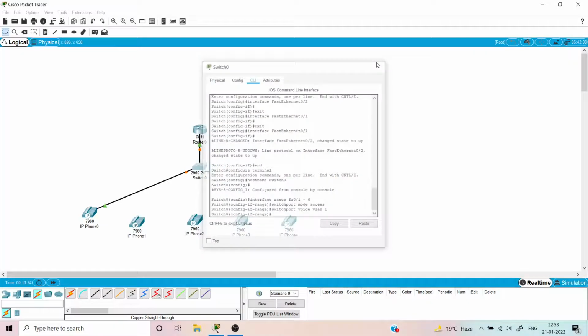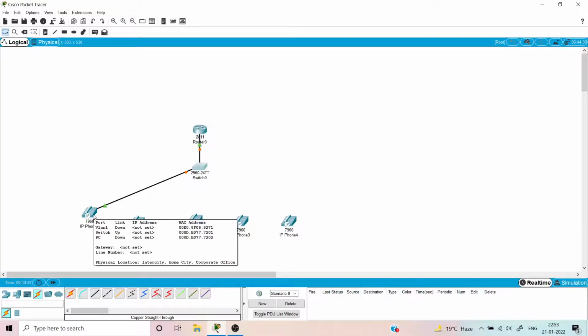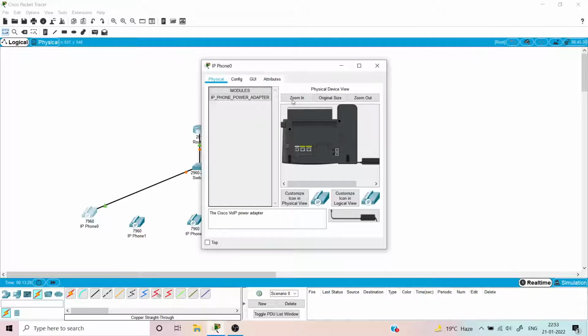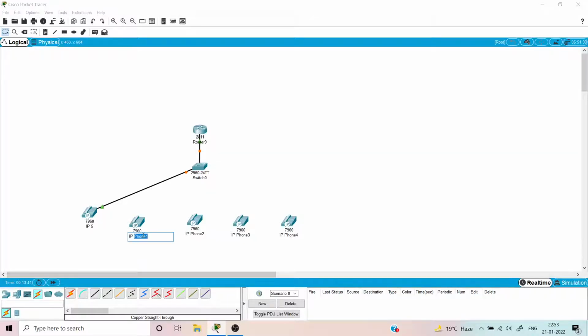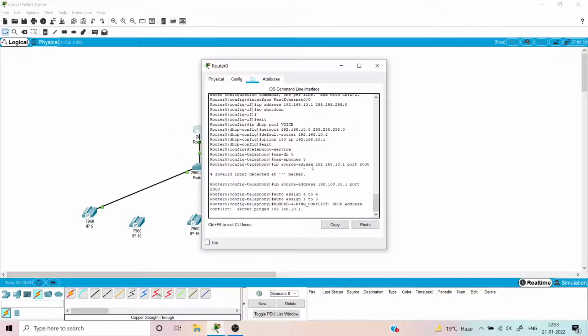And the next thing that we need to do is again have connection for this particular phone here. So let us try to give extensions for this phone. So let us have it as 5, 10, 15, 20, 25. We'll again go here